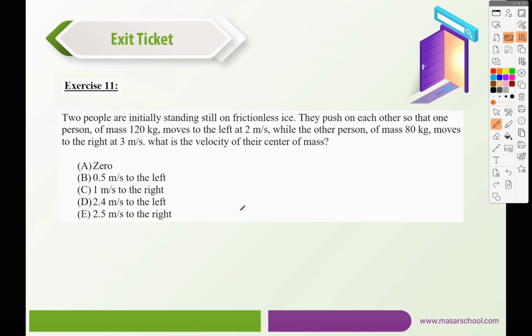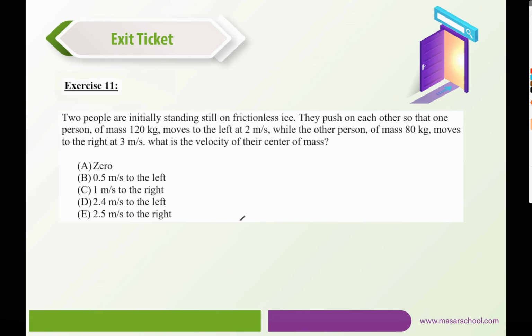Now, exercise 11. Two people are initially standing still on frictionless ice. They push on each other so that one person of mass 120 kg moves to the left at 2 meters per second, while the other person of mass 80 kg moves to the right at 3 meters per second. What's the velocity of their center of mass? Now, no need to do any calculation. The velocity of the center of mass is 0 because initially,